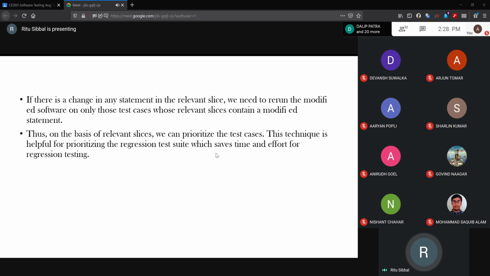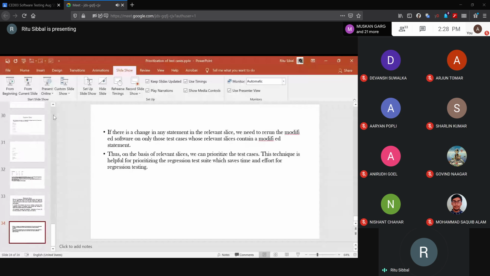So that is prioritization on the basis of program slices. Broadly, what we have covered is prioritization techniques on the basis of code coverage, that is statement coverage, all and additional, then branch coverage, all and additional, then fault exposure potential, then risk-based prioritization, and finally prioritization based on